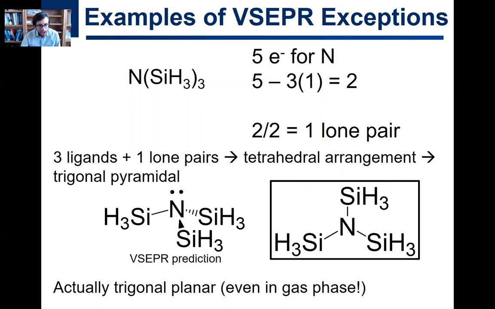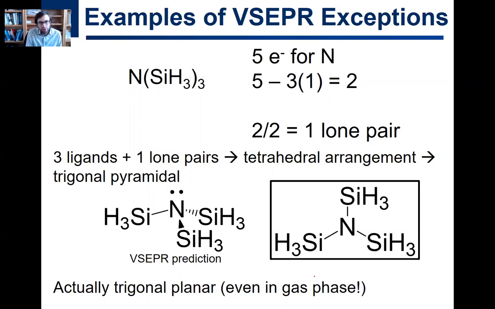It is actually, it's not trigonal pyramidal, it's actually trigonal planar, okay? And this is in the solid state and also in the gas phase. This molecule is planar. And so this is just an example where VSEPR is just plain wrong. There's no way really to explain this using strictly the rules of VSEPR. Now I'm going to show you